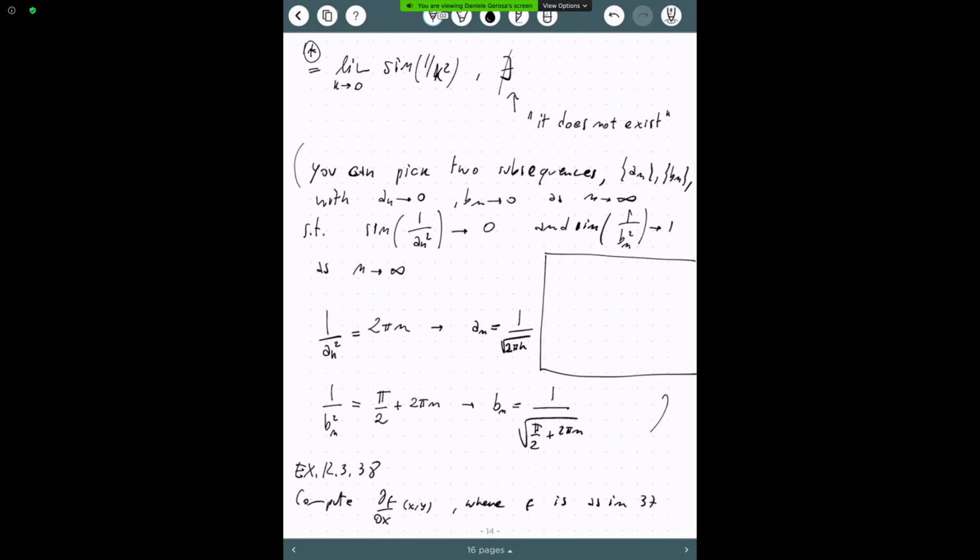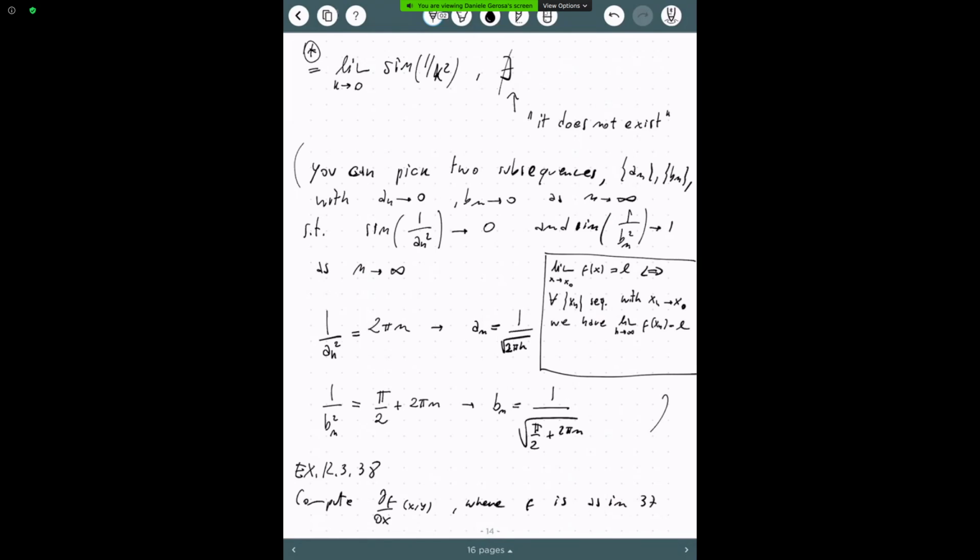So you have seen in Analysis 1 that, let's suppose you have a function f of x, the limit for x that goes to x0 of f of x is equal to L if and only if for all sequences xn with xn going to x0, we have that the limit for n that goes to plus infinity of f of xn is equal to L. So a function has a limit if and only if this limit is the same along all the sequences that converge to x0.